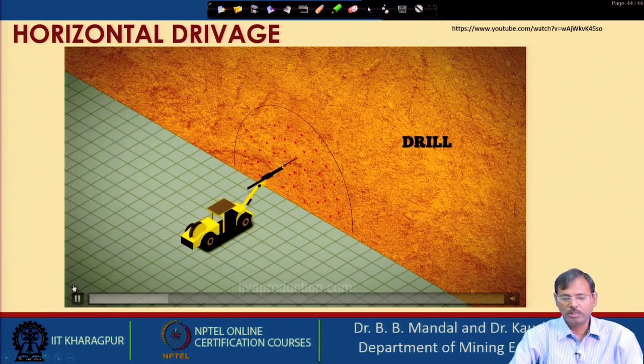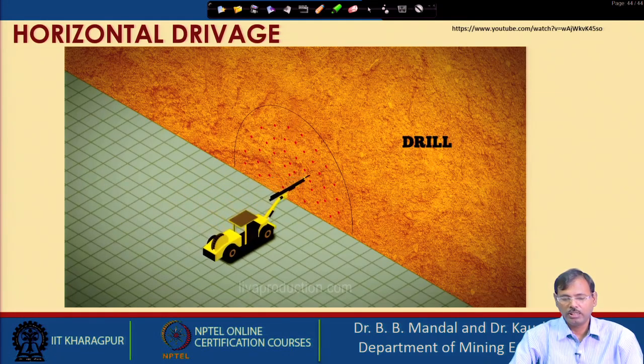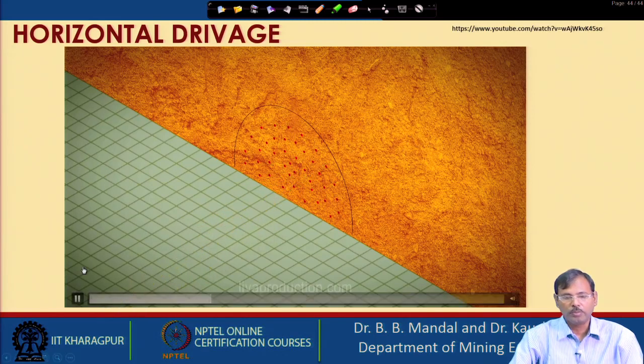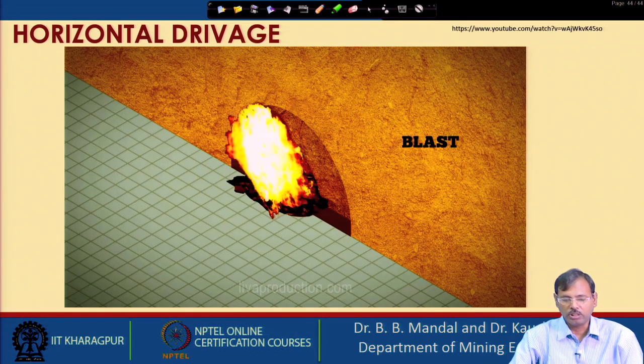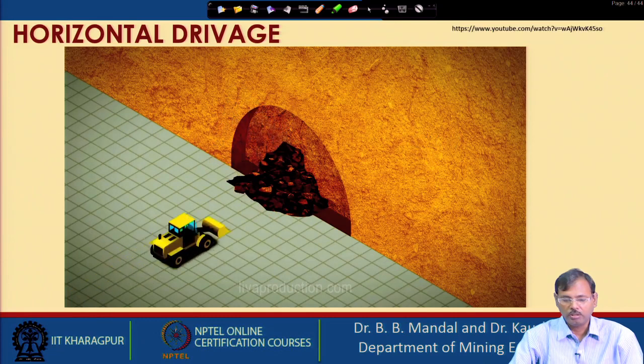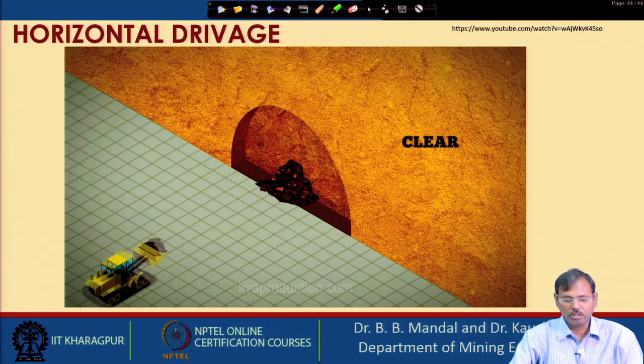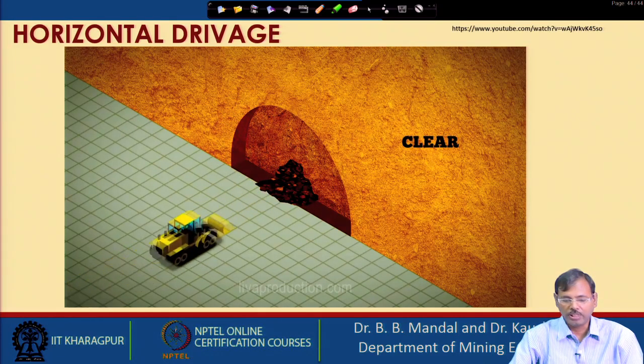So, you are using a drill machine to carry out the drilling at different positions. You are carrying out drilling based on your drilling pattern, then you are loading those holes with your explosive, then you are connecting those explosives, then blast the rock mass. Then the fragmented rocks are taken by using some excavator,